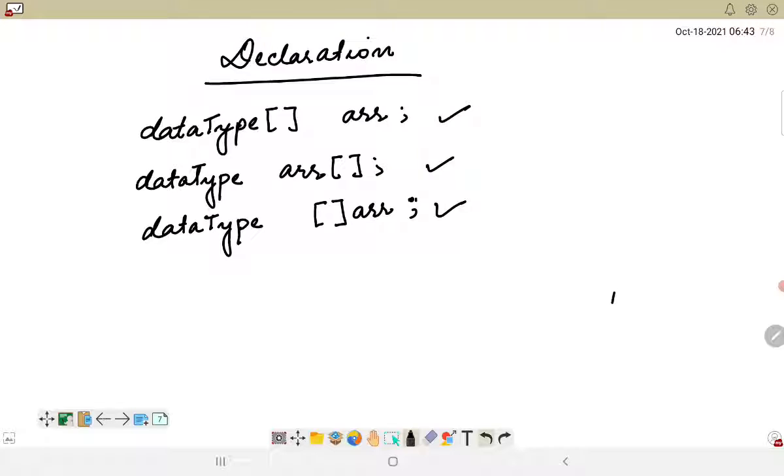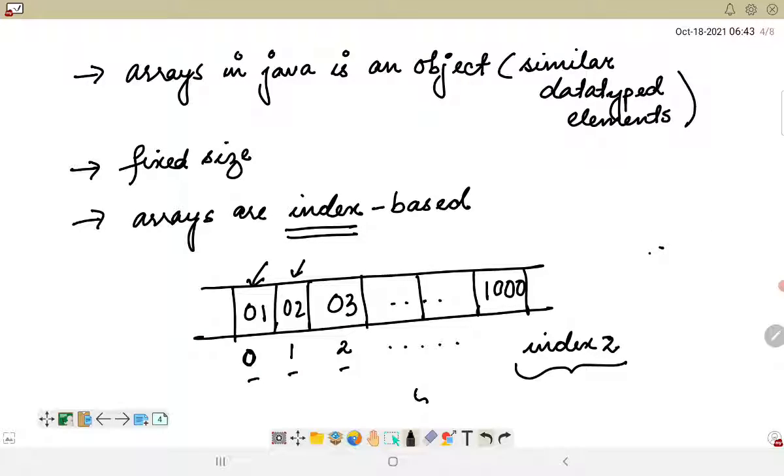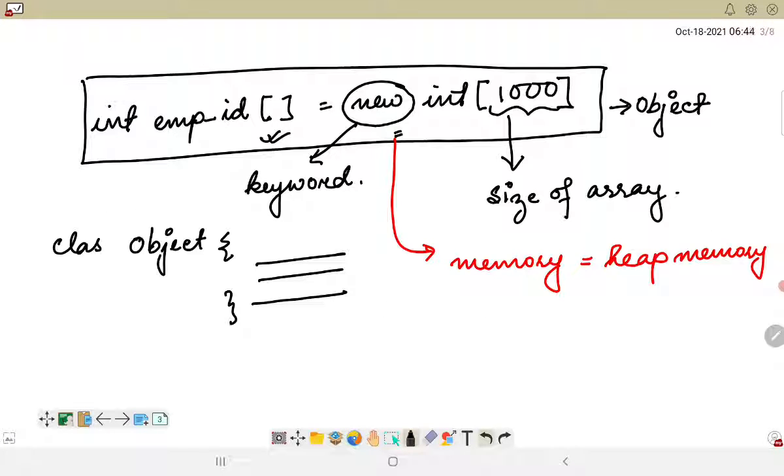Now this is similar to what we have already done. This is how we are instantiating basically. If we are using this, then we can write it in a single line.